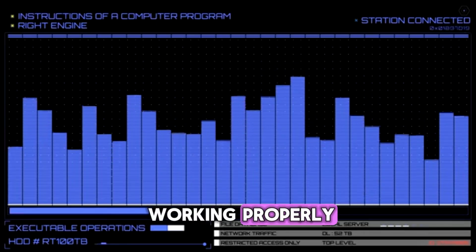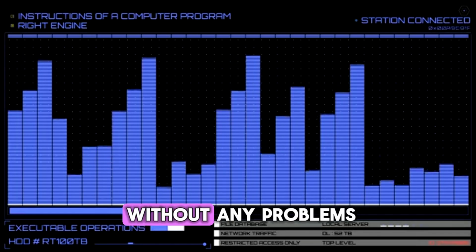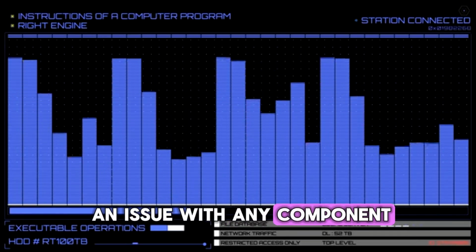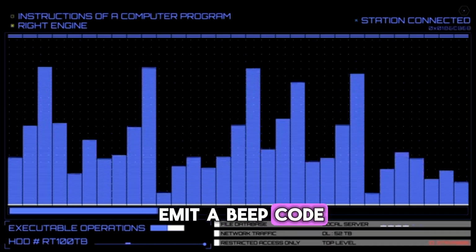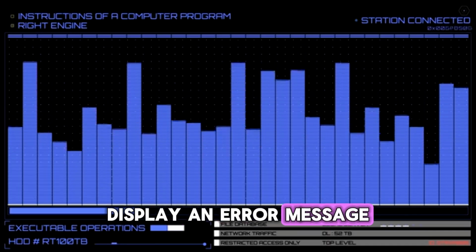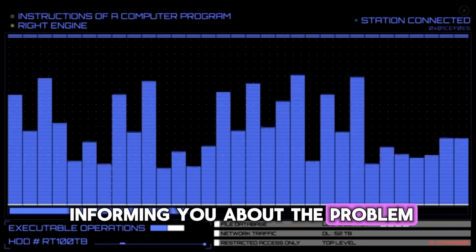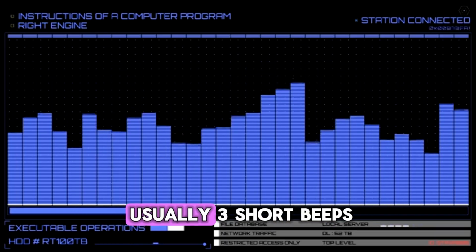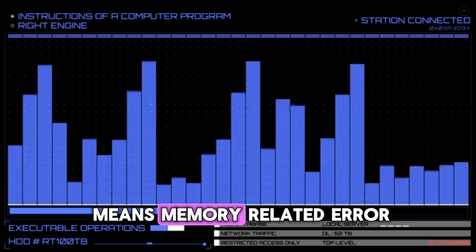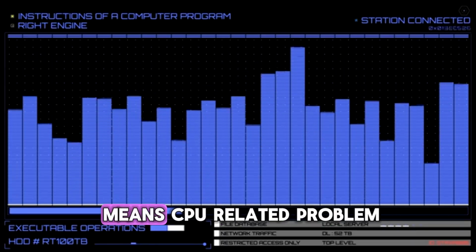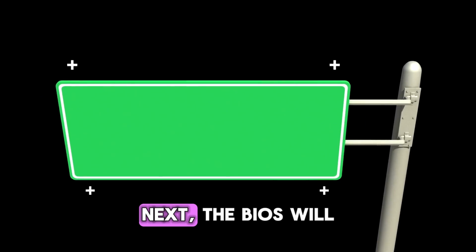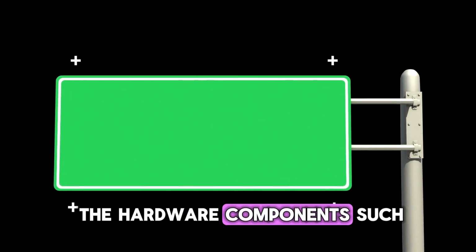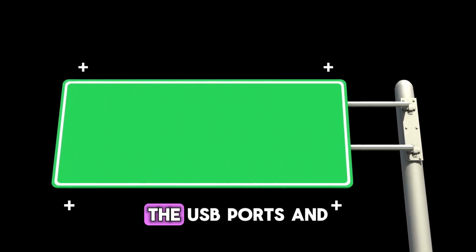And if everything is working properly, then it will pass without any problems. But if there is an issue with any component, then the BIOS will emit a beep code or sometimes display an error message informing you about the problem. Beep codes vary depending on the manufacturer, but usually 3 short beeps means memory-related error, 3 long beeps means CPU-related problem. Next, the BIOS will detect and configure all the hardware components, such as the storage devices, the USB ports,